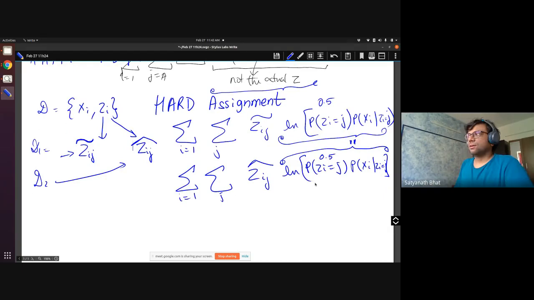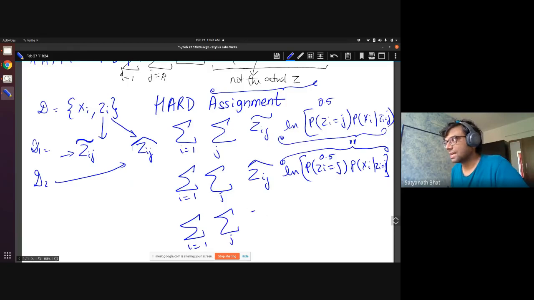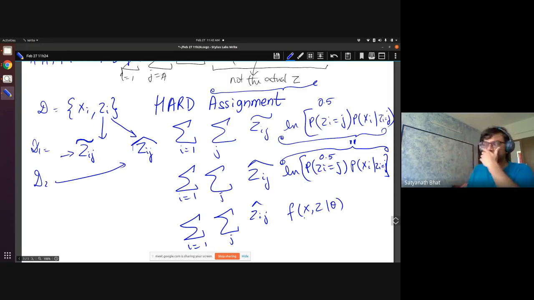If you want to generalize this and write it, this will be i equal to 1 to n, j equal to 1 to J. This is Zij, and this is some constant. So this is going to be some function of x, z, beta. This is going to be constant in every term. So when you take expectation, the only thing that is changing is this, and that's why Zij becomes gamma ij.